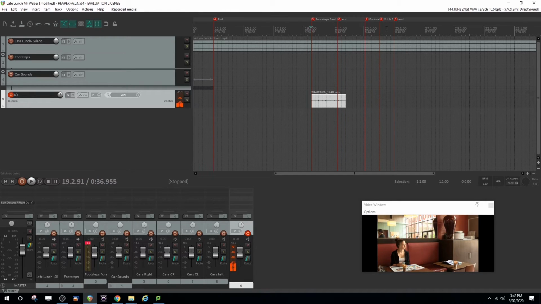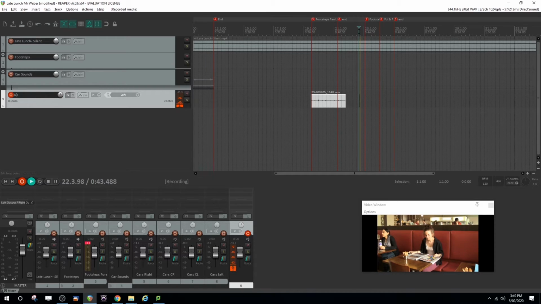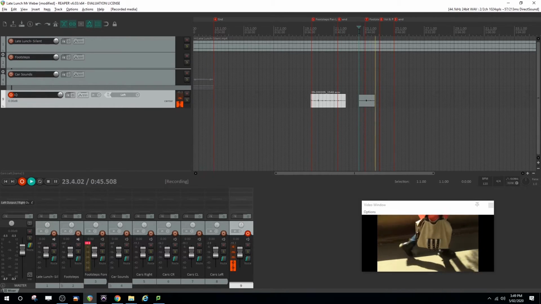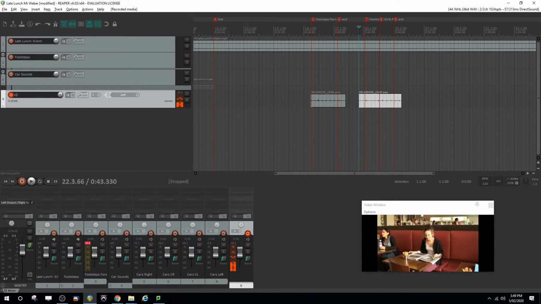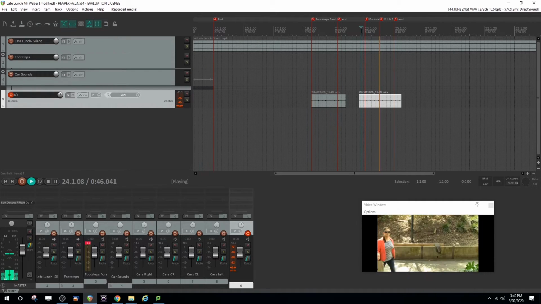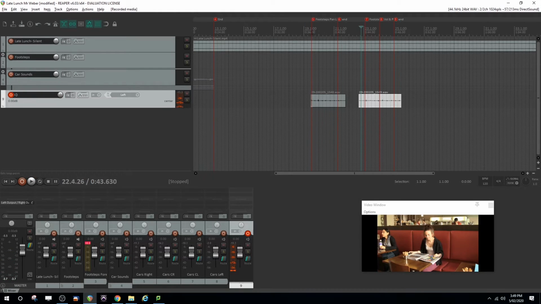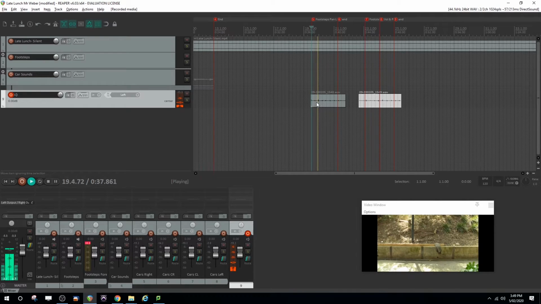Great. While I'm at it, let's jump ahead, do some more footsteps, okay? Cool. I actually decided to be a bit more in time. Check out the timing of my latest efforts. Not bad. All right, so looking back at these initial ones, let's just quickly do some panning from left to